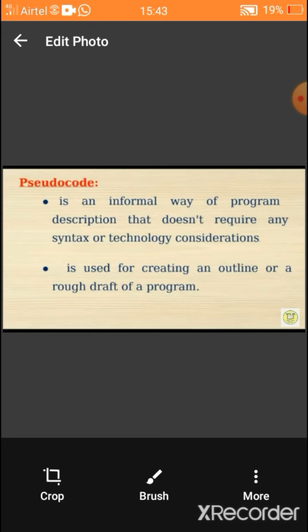It is used for creating an outline or a rough draft of a program. Before we write a program, we have to get an outline for the program. It may be in any form. Those forms are called flowchart, pseudocode, algorithm. We have learned that in C++.